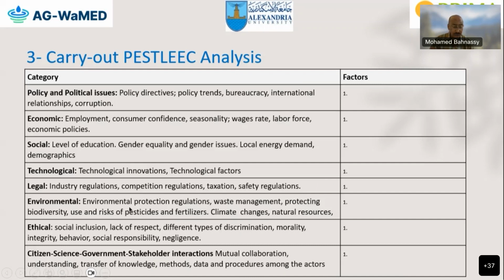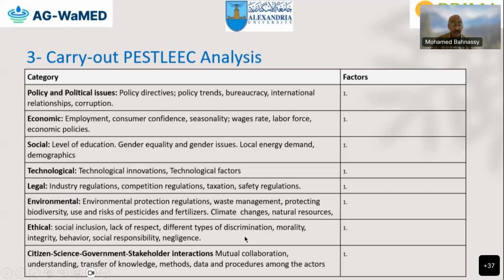So these are some of the factors that should be considered when studying the environmental category. The ethical part should concentrate on social inclusion, lack of respect, different types of discrimination, morality, integrity, behavior,